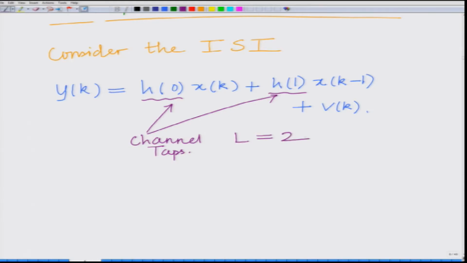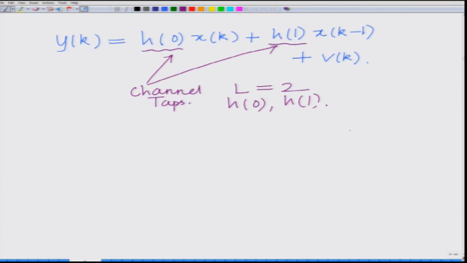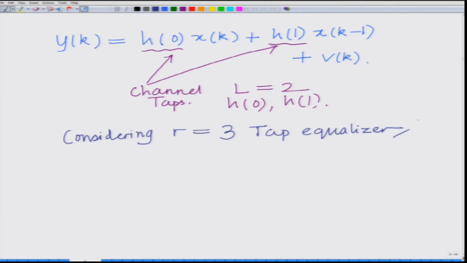We are considering an inter-symbol interference scenario with L equal to 2 channel taps, that is H0, H1. Now, considering an R equal to 3 tap equalizer, we can formulate the corresponding system model as